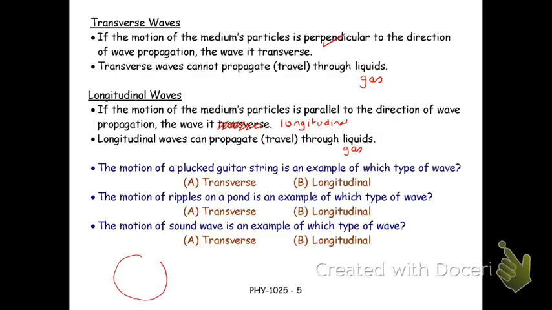Here's the globe, and here's the site of an earthquake. We can tell where the earthquake is because we have seismic stations. As the energy spreads out, it comes in two forms: a longitudinal type of wave and a transverse type of wave. The longitudinal wave arrives first because it travels faster, and that is called the primary. The transverse arrives second because it's slower, and that's called the secondary.